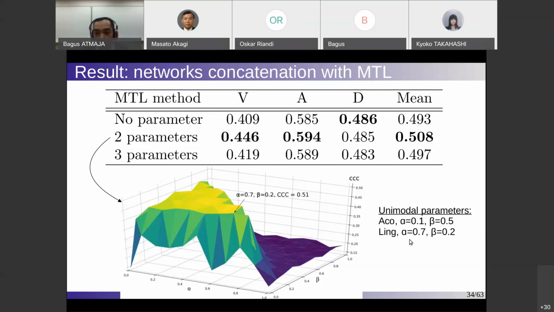The optimum parameters for the acoustic model are 0.1 for alpha and 0.5 for beta. It means that for dominance, it is 1 minus 0.1 minus 0.5, or 0.4 here. And for linguistic, alpha is 0.7 and beta is 0.3. And if we fuse acoustic and linguistic, we use the parameters from linguistic information, because we also start using both modalities, the fusion of acoustic and linguistic, and we obtain that the optimal parameters are the ones used by linguistic information.